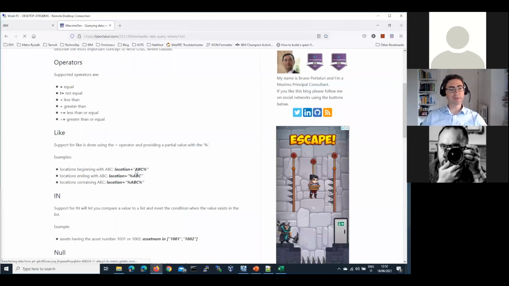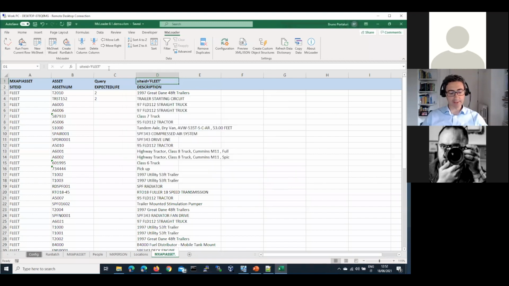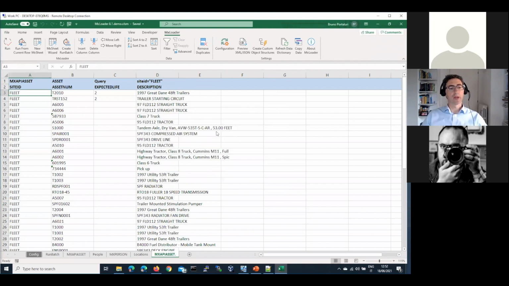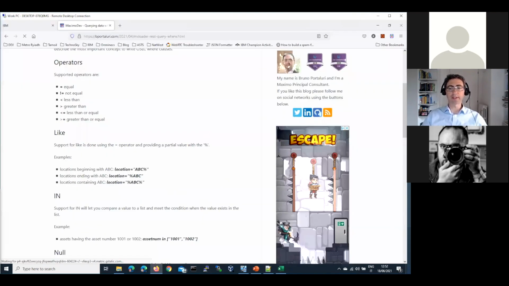So the correct syntax here is we have to replace the single quotes with double quotes. And I believe this will work now. Okay, so I will update that link in that error dialog, pointing to that one,